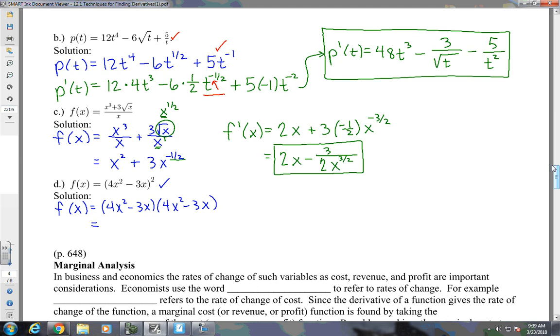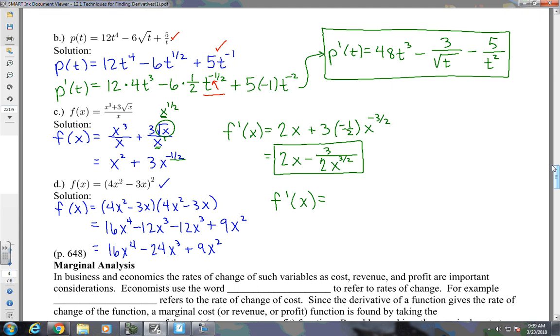So we can FOIL. The product of our first two terms is 16x to the 4th. For the outside terms, we end up with minus 12x cubed, and we get the same thing for our inside terms. And the last terms, we have plus 9x squared. If I combine like terms in the middle, we have an equivalent function here to the original. It's just in a multiplied out form. This is the one that I want to differentiate. So we're ready to find the derivative. We're going to make sure and denote the point at which we find the derivative